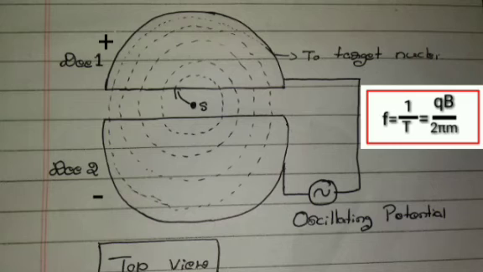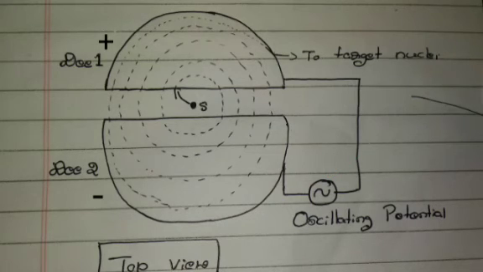Here we have the expression for the frequency of this charged particle. This is the necessary condition for the working of the cyclotron. This frequency f is equal to BQ divided by 2 pi m. Why is it necessary? Because this frequency should match the oscillating frequency. Oscillating frequency means the D's are connected to the oscillator. When this frequency matches the oscillating frequency, we can get a highly accelerated charged particle. Acceleration becomes more precise when this frequency matches the oscillating frequency.